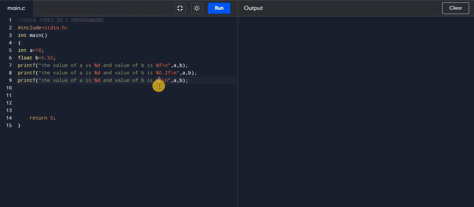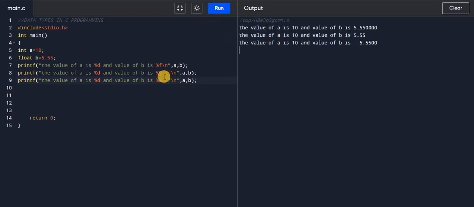Now if I write, instead of this percentage f, something like 8.4 and run this program, you will get this: 4 means after the decimal point you have 4 digits, 5500. If I change to 7, you will get 7 digits after the point. If I change to 4 again, you will get 4 digits after the decimal point. Now what is the meaning of this 8? The total digits in this floating point variable are 1, 2, 3, 4, 5, 6, and we have written here 8.